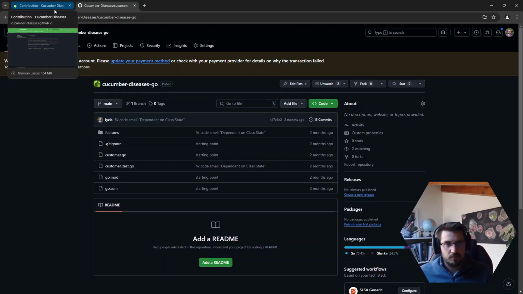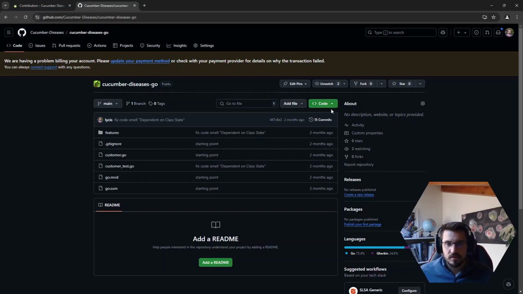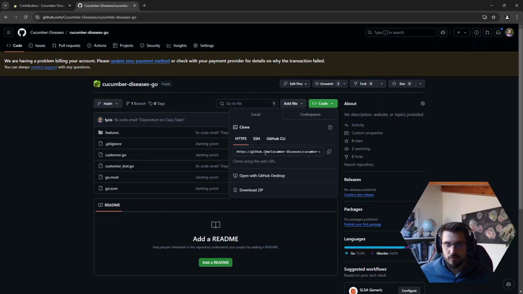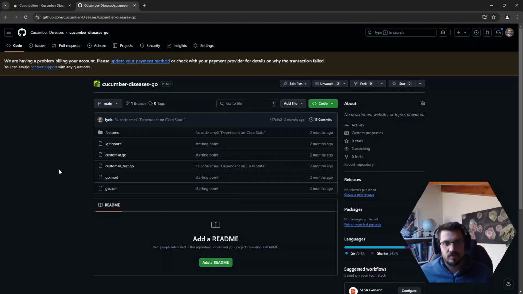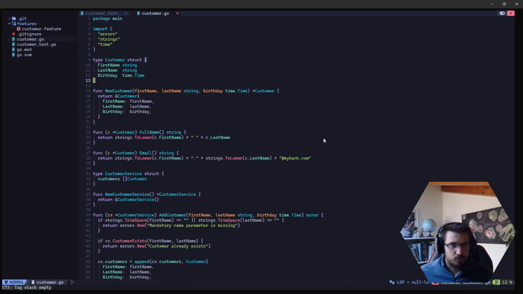How to set it up is fairly simple. You just clone the repository locally, and then if you're in the main branch, it's usually in the state where we have all the smells that we have described on the page included, and you can just start working there. So let's talk a bit about the structure of the repository. What I have done here is I have just cloned the repository, basically. What you can see here,